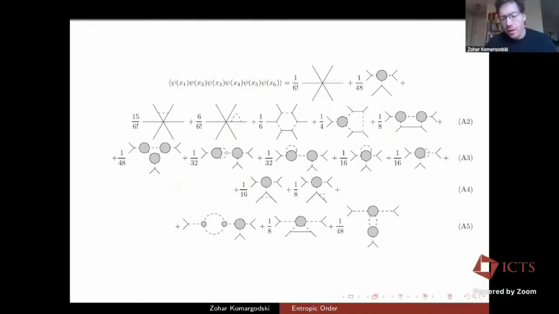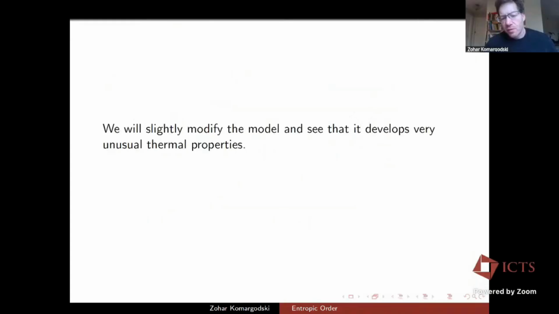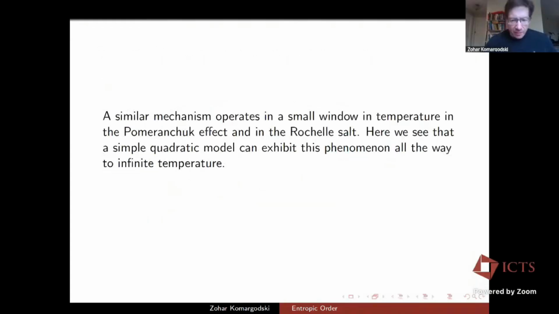I believe so. I will say something even more. I believe it's extremely similar to a material that I made a slide about, but I just jumped over this slide. There is a certain salt called the Rochelle salt, which people in condensed matter always believe is very similar to the biconical magnet, with a very similar effective theory. And so indeed the Rochelle salt has a very strange phase diagram with some high temperature order.